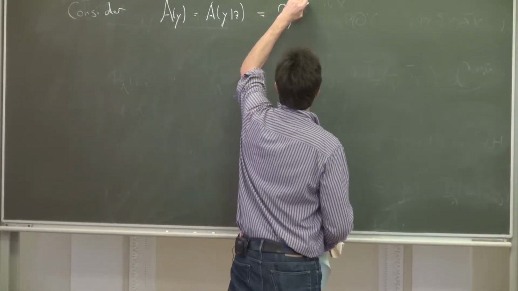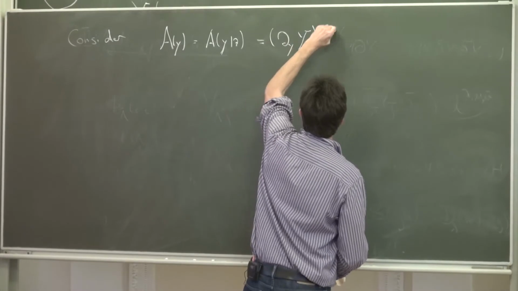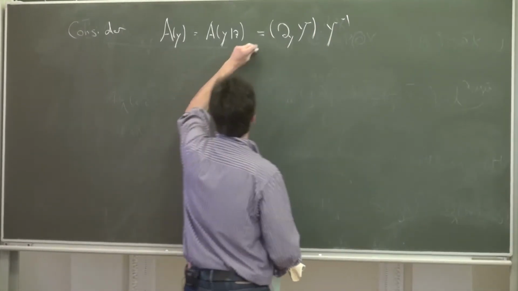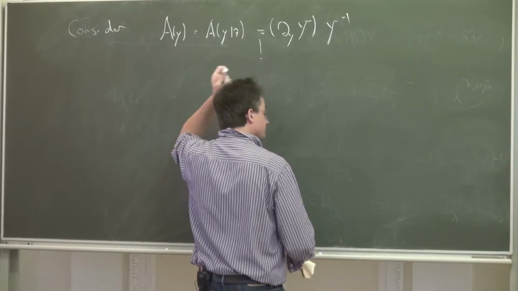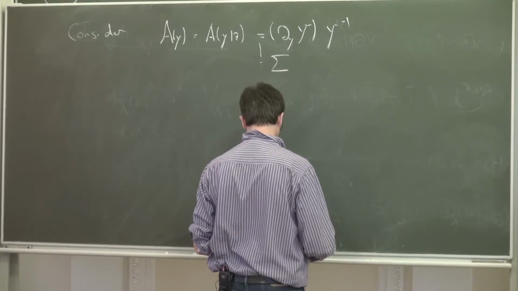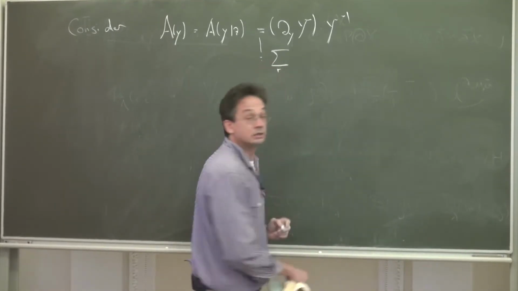So this is dy of the capital Y times y to the minus 1. And it is easy to see from, well, how much is the difference